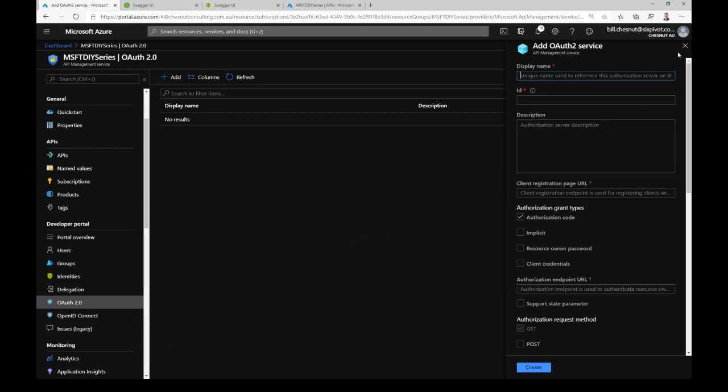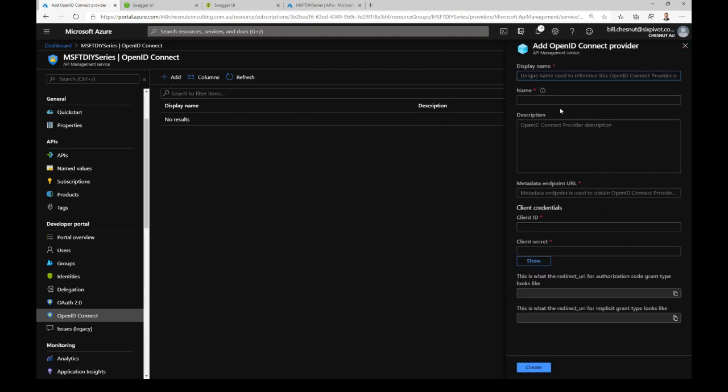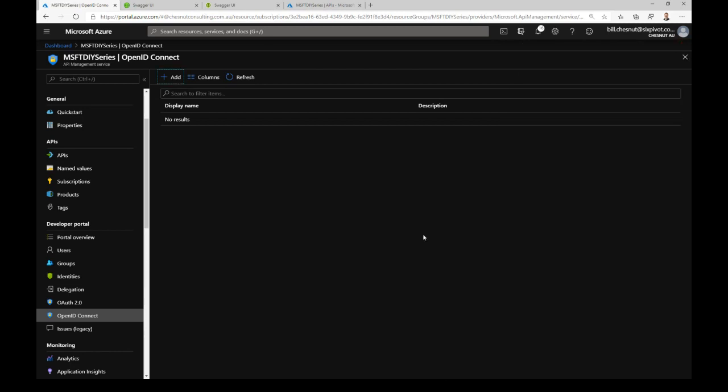You can also do OpenID Connect, which is kind of OAuth 2.2 or whatever you want to call it. It's kind of the next version of OAuth. It has a similar setup in here, that basically you go in there, you set up everything that you need to in there. And then what you would do is you go back to your APIs